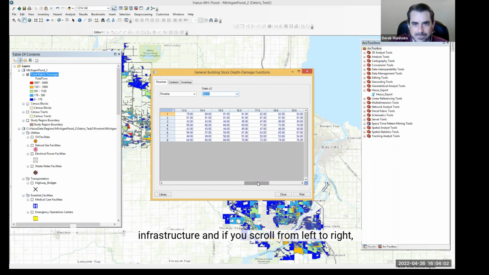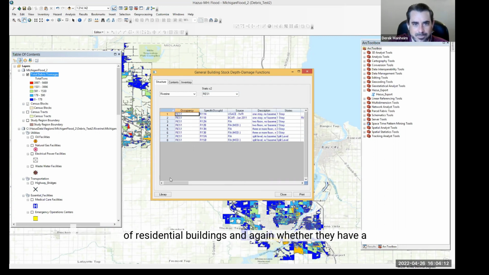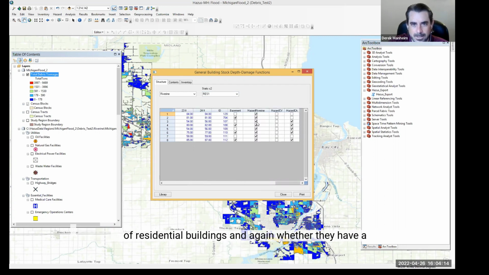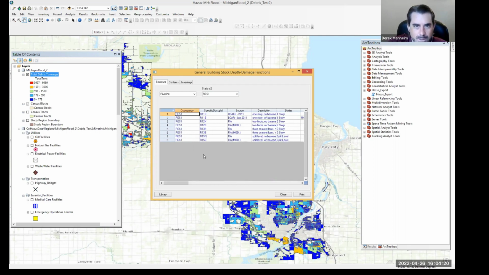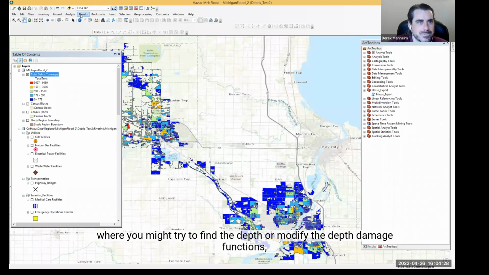And if you scroll from left to right, you have by depth of flooding the different damage percentages that correspond for these different types of residential buildings, and again, whether they have a basement, other things you can check out there. Okay, so that's where you might try to find or modify the depth damage functions.